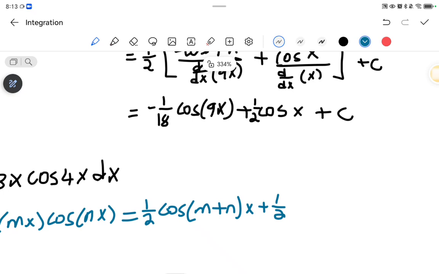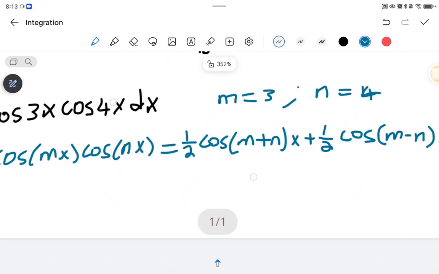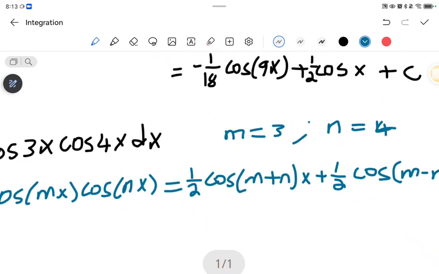Yeah, if you practice this, that's the best way you can get them in your head. Just practice them and you write them. Here m is equal to 3 and n is equal to 4. In this case, it doesn't matter what you make m or n to be, because at the end of the day, they'll give you the same solution. Because even cos of negative x would be cos of x. So